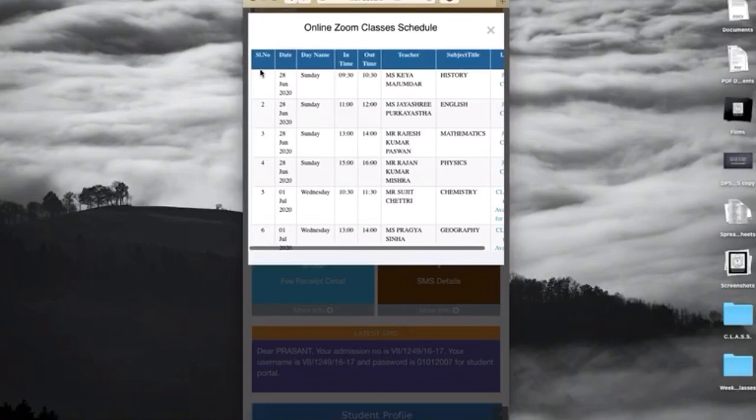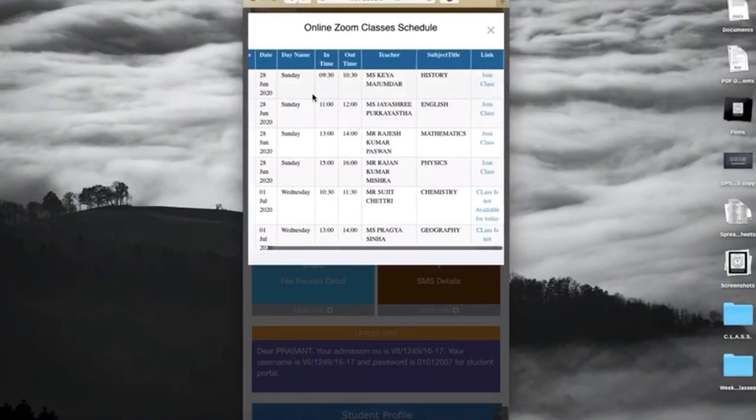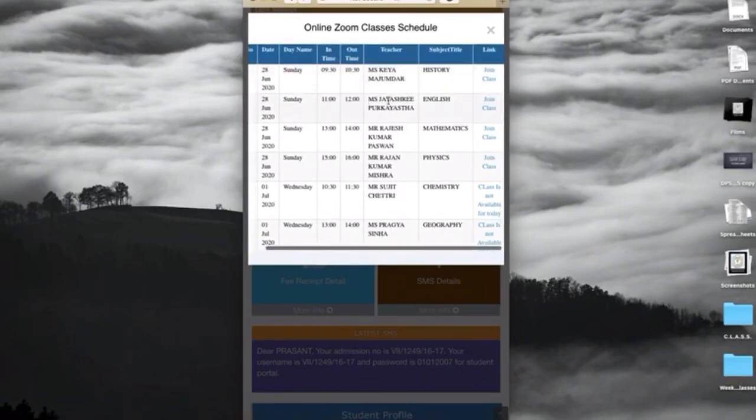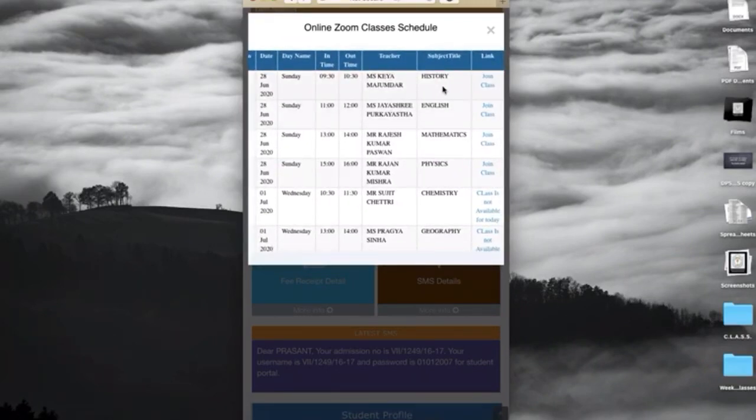You will see the serial number, date, the day, the time of the class, the name of the teacher, the subject of the class, and the join class link. Once you click on the join class link, it will directly open your Zoom app on your phone. So please ensure that you have the Zoom app installed, which you all already have on your mobile phones. The moment you click on join class, your Zoom app will open and you will directly enter that particular classroom.